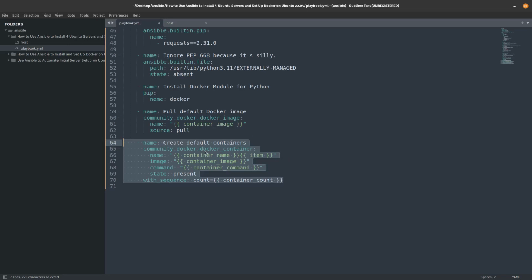And every time it runs, it's going to have a container name and it's going to add the item. All right, so that means it is going to create 4 Docker Ubuntu containers. So 4 Ubuntu servers. Okay, and then last but not least, we want to